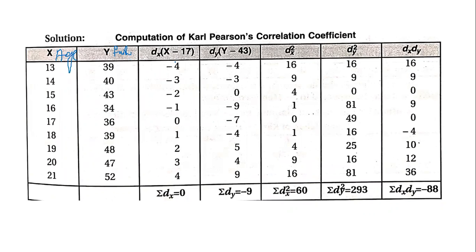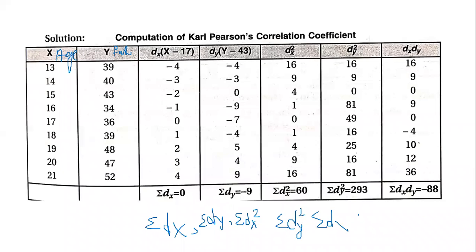So our first important value to be calculated is sigma dx, and the next value, sigma dy, and then you have sigma dx square, sigma dy square, and sigma dx dy. Okay, so let's calculate each of them. First, going on to sigma dx. Here we are using assumed mean. We are not calculating x minus x bar, but it is x minus a, because it will save our time in calculation of x bar. Next here it is y minus a.